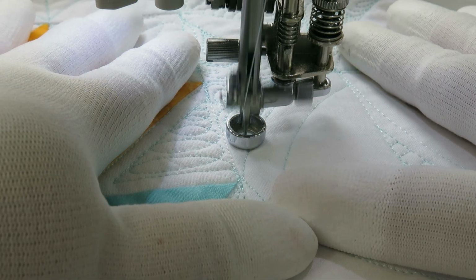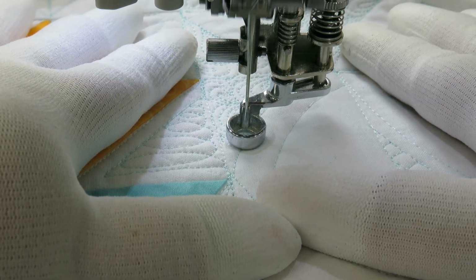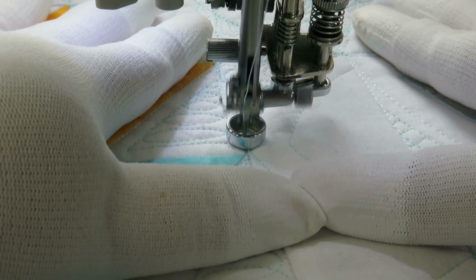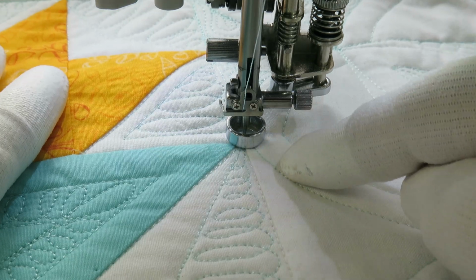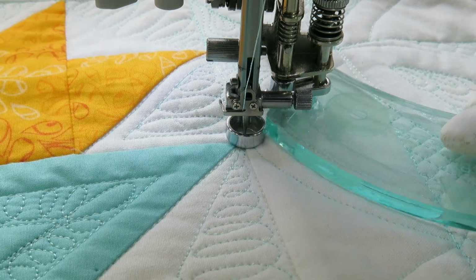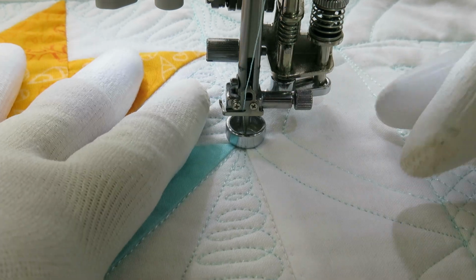I'm working on my sampler quilt. I'm doing some very fine detail work around some ruler work. This is my ruler work sampler I've been working on for a while, and I'm just sneaking around some of these ruler work lines that I've done here with my ruler toe and my rulers. I use this little ruler here for these rulered lines, and I'm just making them pop by going around the outside